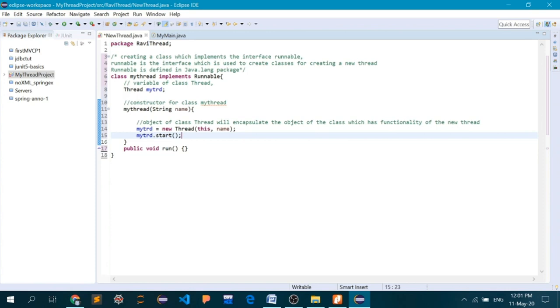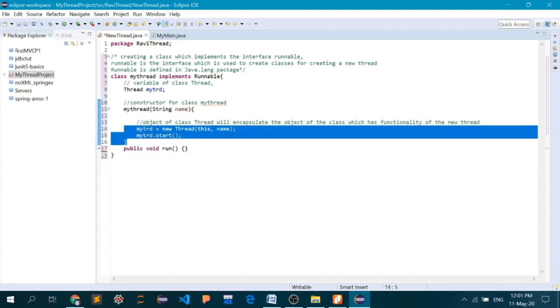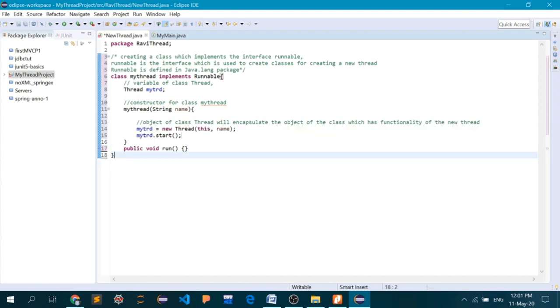As we have already discussed constructors, everything inside the constructor body will be executed, and inside that body a new object of class thread is created, and a method called start, which is defined inside thread, is automatically called.